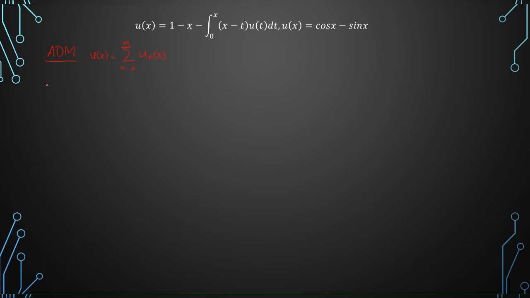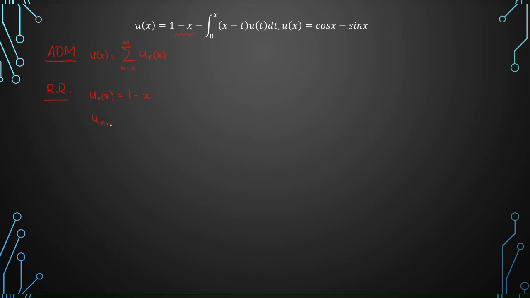So our recurrence relation for this method will be u0 of x equal to f of x. Our f of x is 1 minus x in this example, so u0 equals 1 minus x,